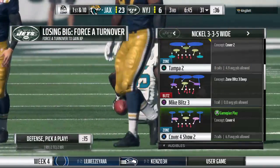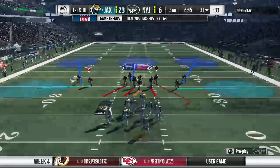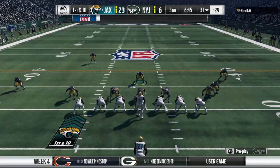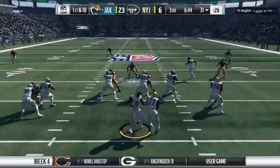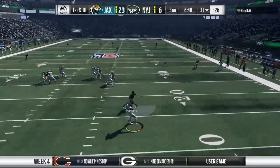Now we take a glance at the offense as they work their way back out for their first possession of the second half. This is sort of what you would call a put-away drive, isn't it? They score here, especially a touchdown. It's almost out of reach. It certainly feels that way, and I think that they're going to call their plays accordingly because what you really